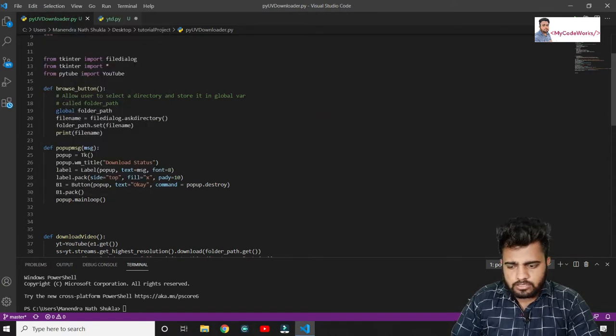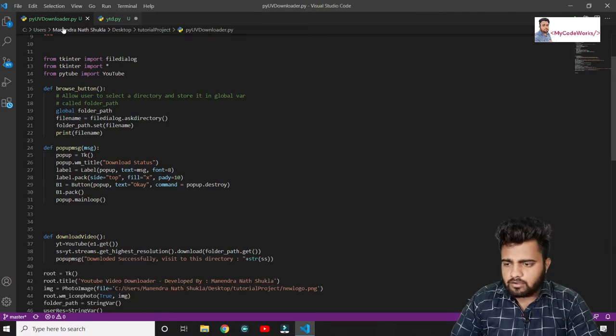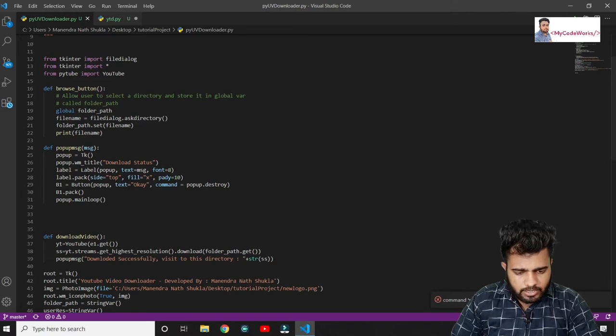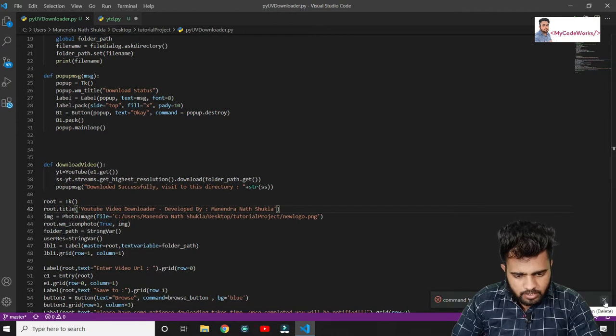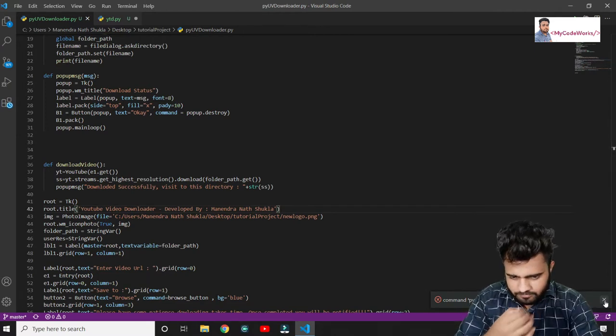Let me run it. Just a second. Okay, so something is there: command python.exe in terminal icon not found.